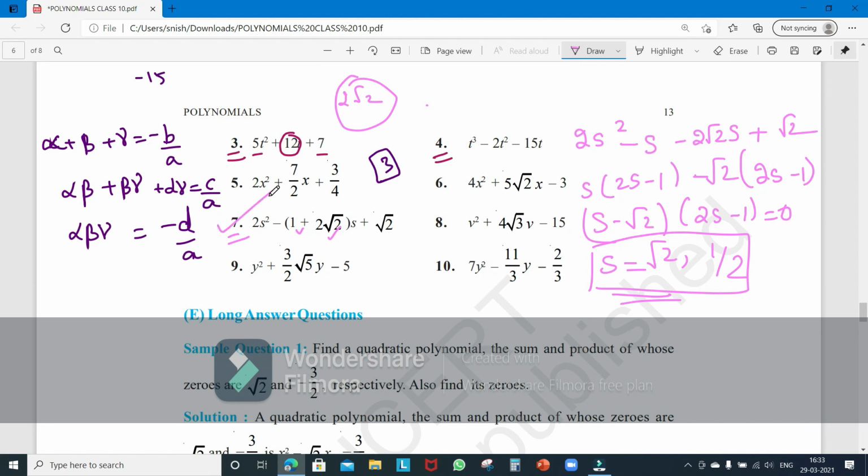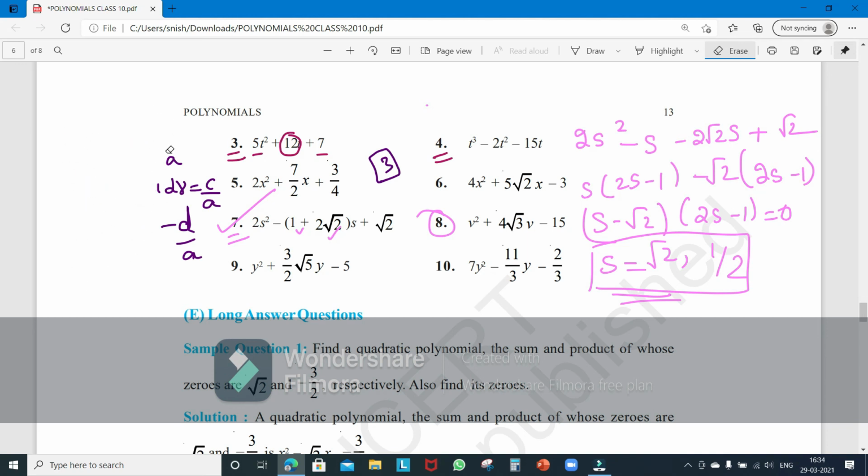I said I'll be solving 4 questions, but as an offer, let's do another question as well. How about the 6th or 8th question? Let's do the 8th one. Okay. How do we do this? Done copying, guys? I'll be erasing it in 3, 2, 1.